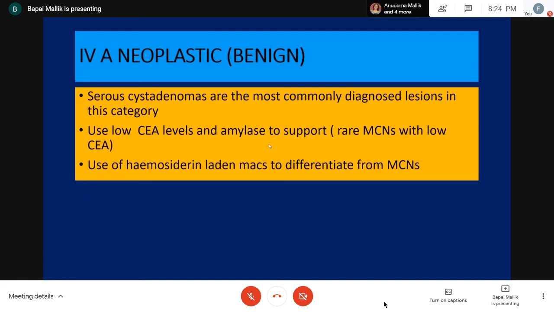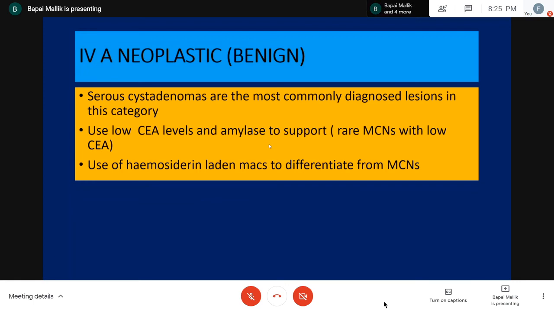They are going to come into the picture only when you are differentiating a serous cystadenoma from a mucinous cystic neoplasm which does not show the typical thick tenacious mucin. I told you that 50% of mucinous cystic neoplasms do not show that clearly grossly visible mucin or even microscopically visible mucin where you are absolutely certain. So it is the differentiation from those grossly mucin-poor kinds of mucinous cystic neoplasms and serous cystadenomas